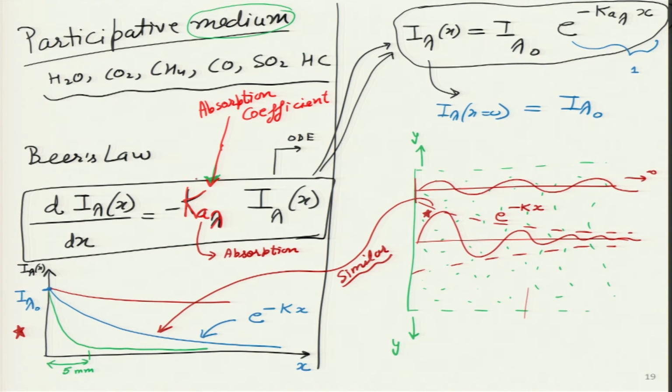And as you can see by doing the unit balance over here, its unit will turn out to be meter inverse. So, its unit is meter inverse. And I will show a method by which I can link it with this particular length over here. This we will call the optical depth of that particular medium.